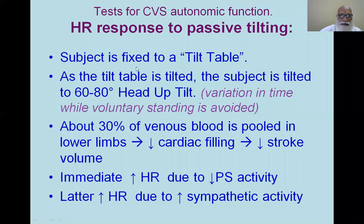Instead, he will be passively coming into a head-up position by about 60 to 80 degrees. 90 degrees is vertical, and this will be less than vertical position. So usually about 60 to 80 degrees tilt is brought about by the tilt table when it is tilted fully. In this case, the variation in time while voluntary standing is avoided. Here the table can be tilted quickly, and the time taken can be the same